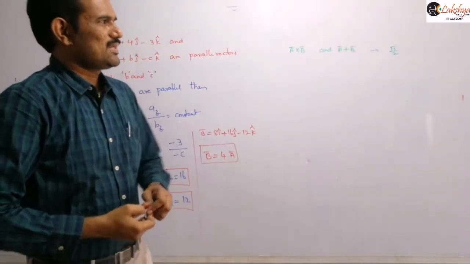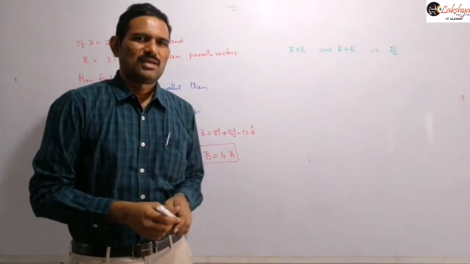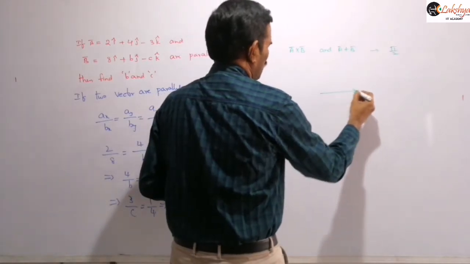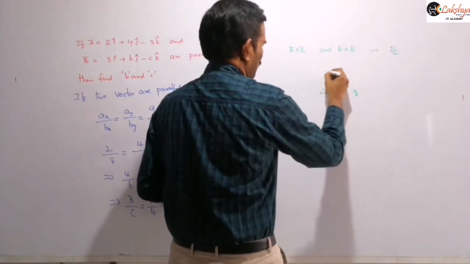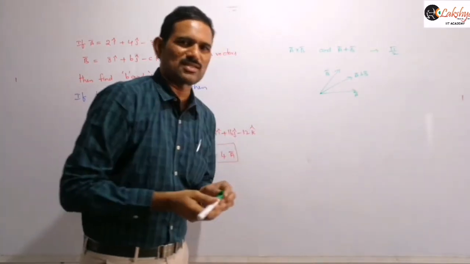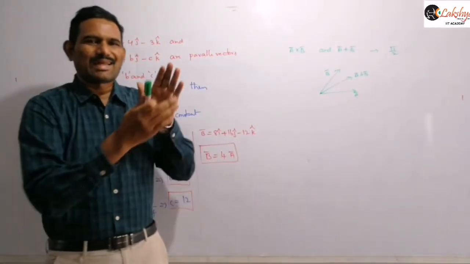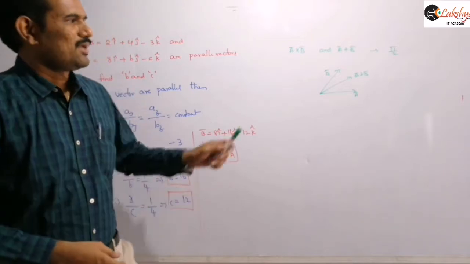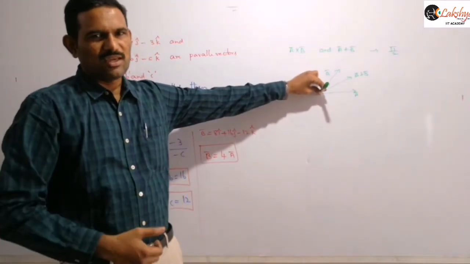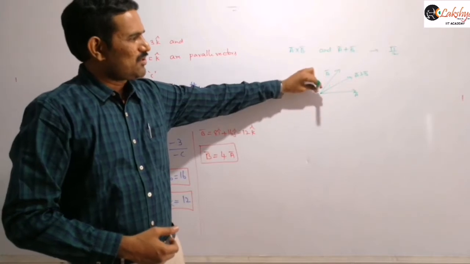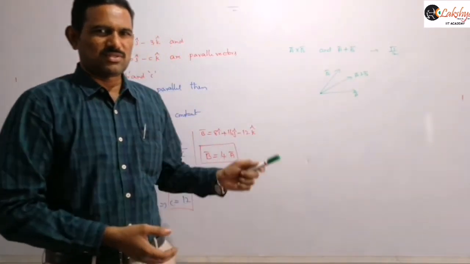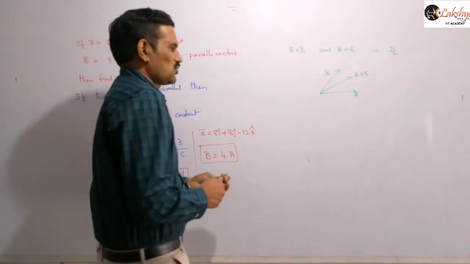Simply, if you take two vectors, then A bar plus B bar is nothing but the resultant of those two vectors. Suppose you take this as A bar and B bar, then this is A bar plus B bar. The resultant of those two vectors lies in between them, or we can say it lies in the same plane as A bar and B bar. And A bar cross B bar lies perpendicular to that plane. So the angle between A bar cross B bar and A bar plus B bar will be equal to 90 degrees. Such simple questions will be there.